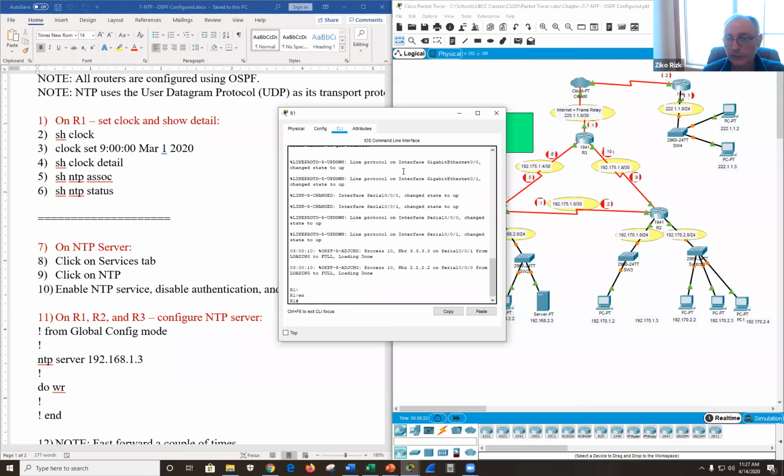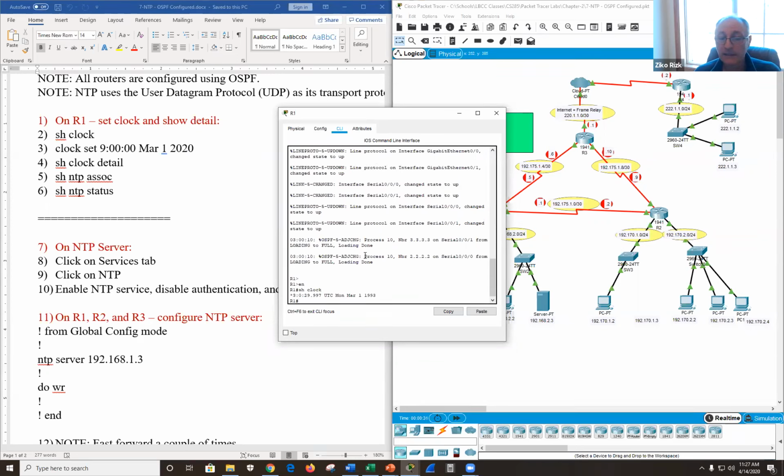And whoever took 151, 152 from me probably remembers this topology. And show clock. And clearly this is the wrong clock, right, everybody? It's no longer 1993.